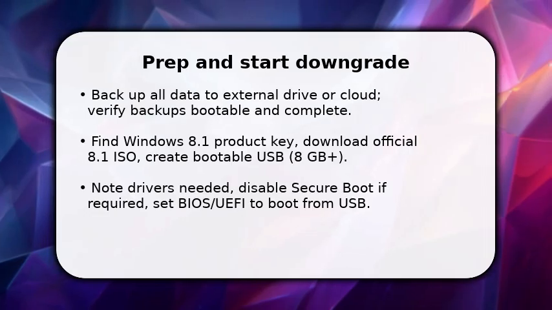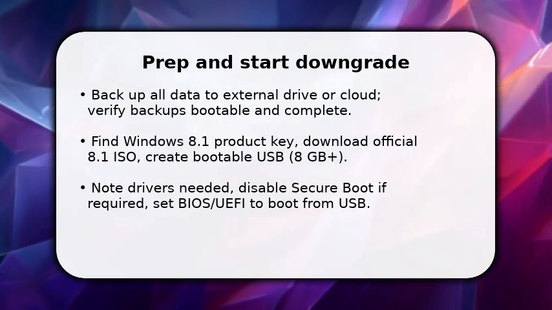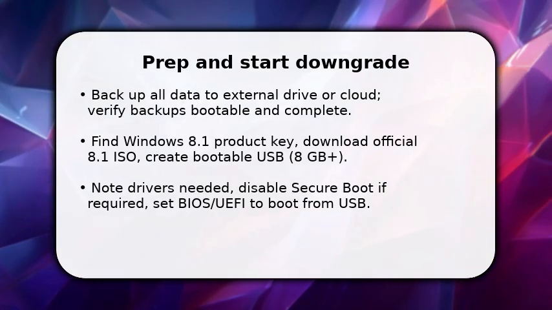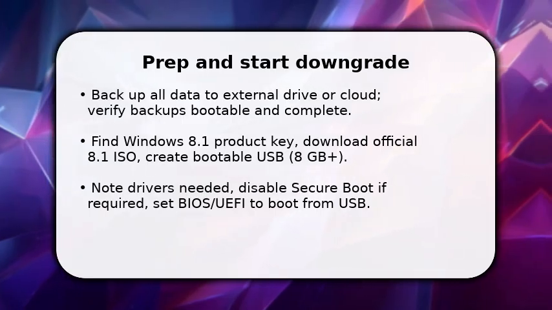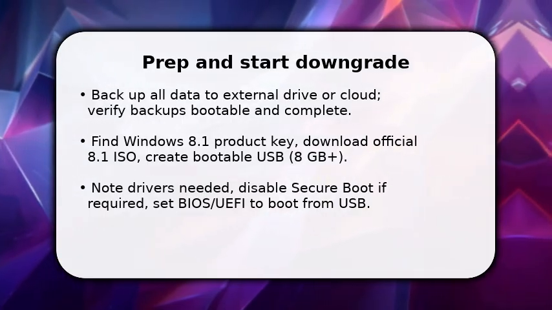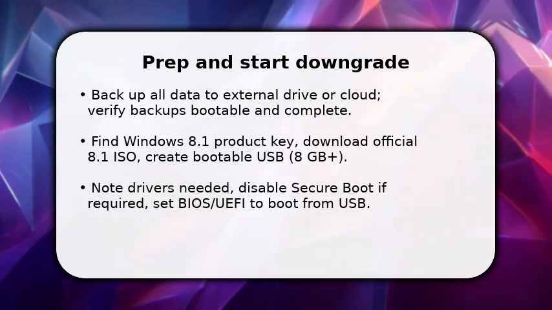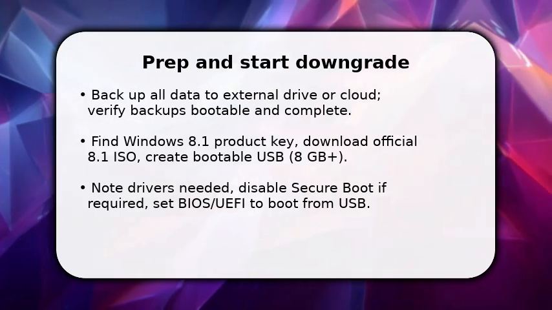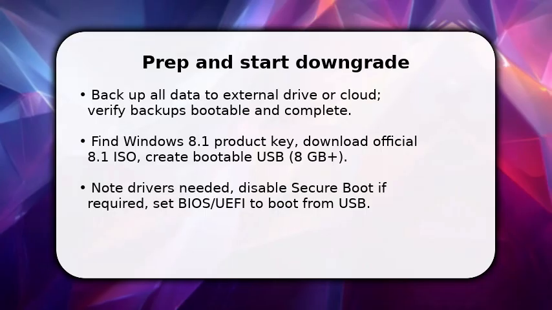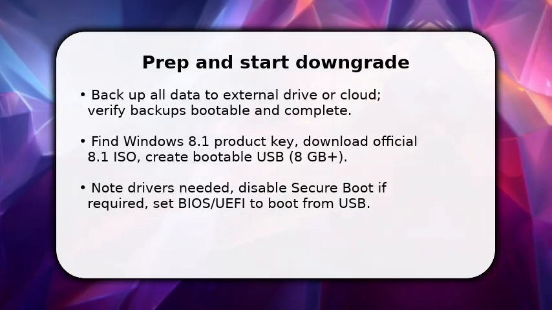Enjoy the video. You begin by securing your data and license so nothing is lost. Back up everything to an external drive and confirm integrity. Once done, locate your Windows 8.1 product key and download the matching ISO from a reliable source, then create a bootable USB, 8 GB or